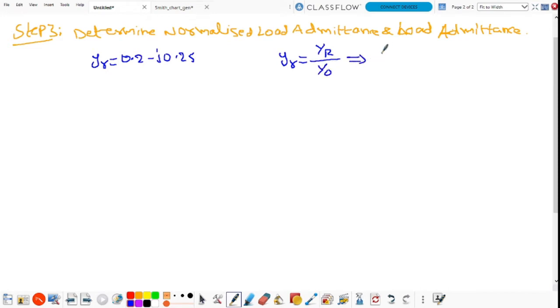From this equation, the load admittance Y_R is equal to y_r into Y0. So from the Smith chart, the normalized load admittance y_r value is 0.2 minus j0.25